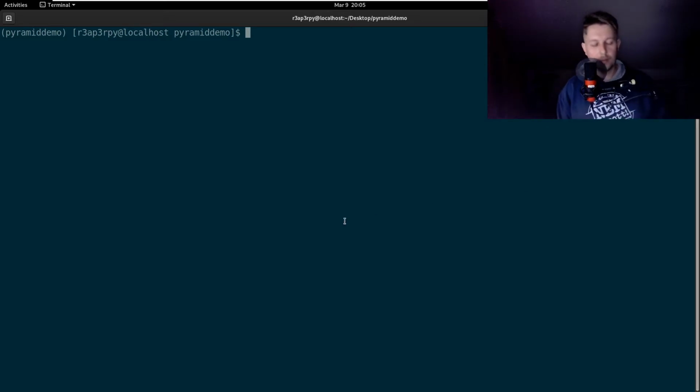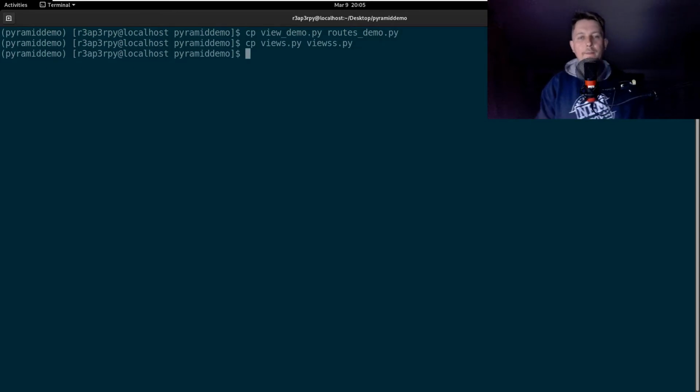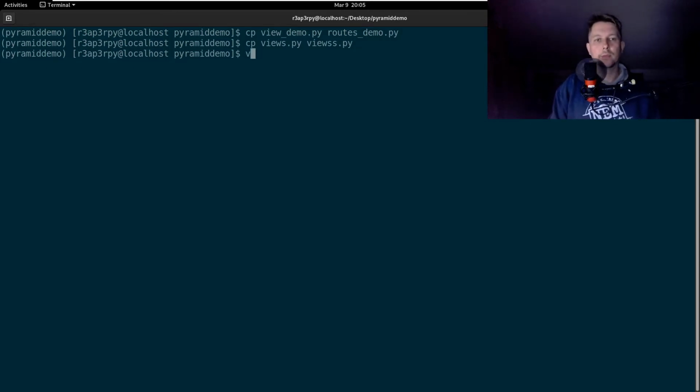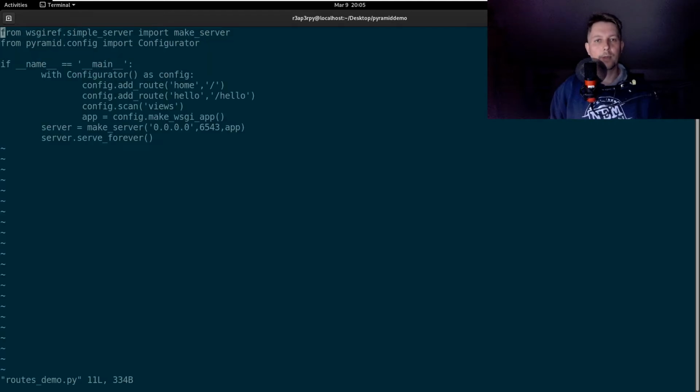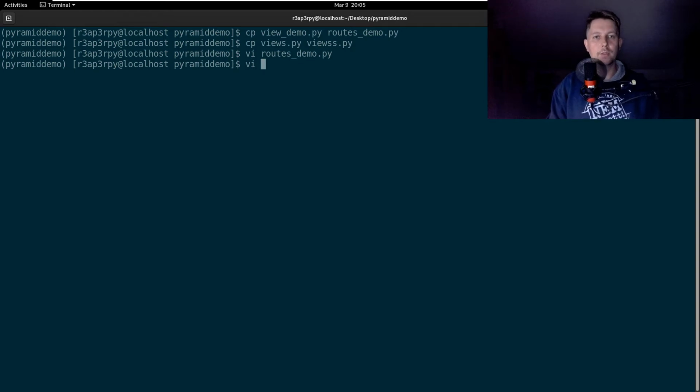So what I would like to do is to copy the view demo to routes demo.py and copy the views to views.py. Now what I would like to do is to use the routes demo.py and edit the configuration file. And now what I need to do is to edit the